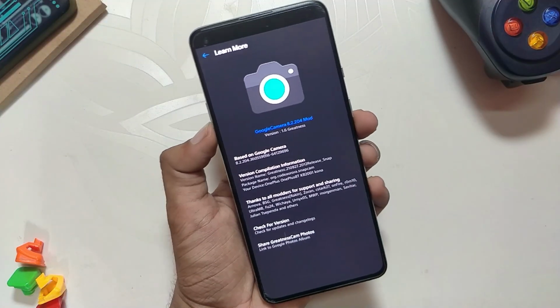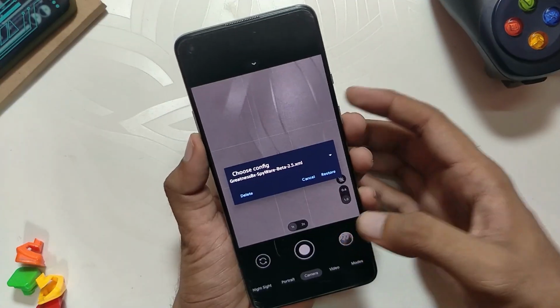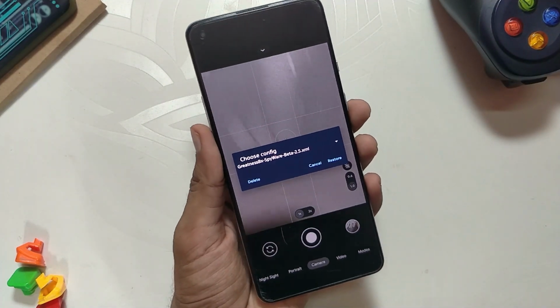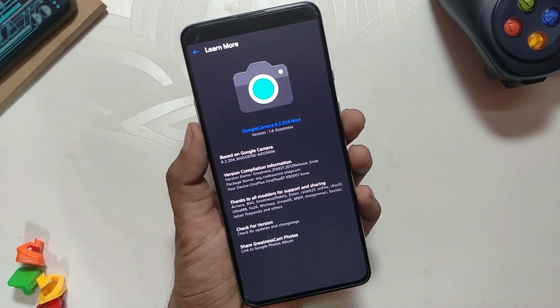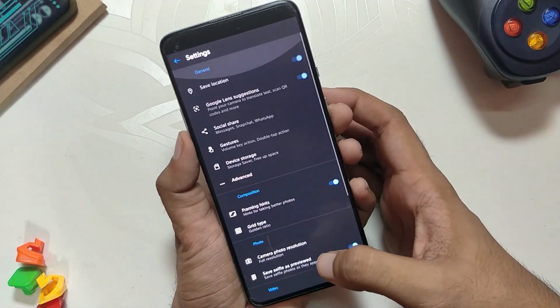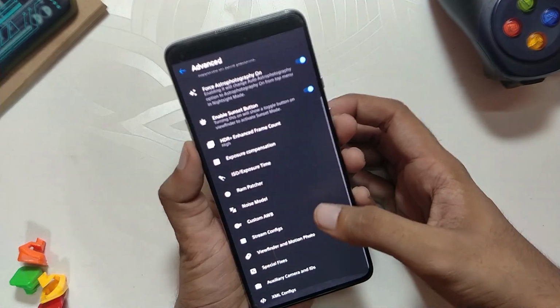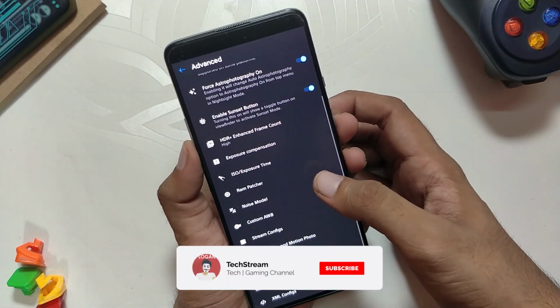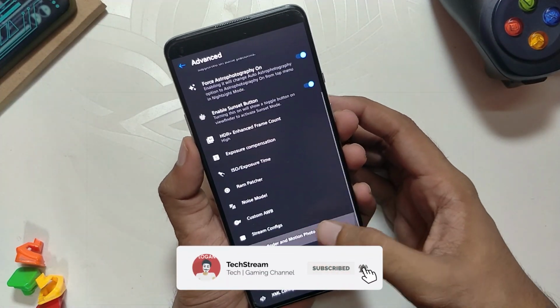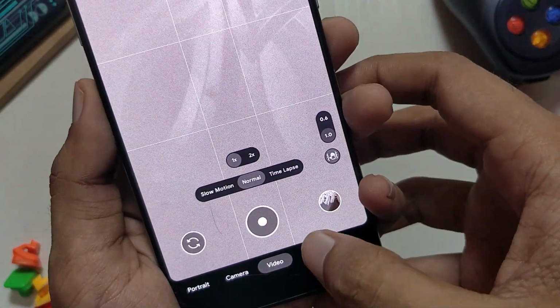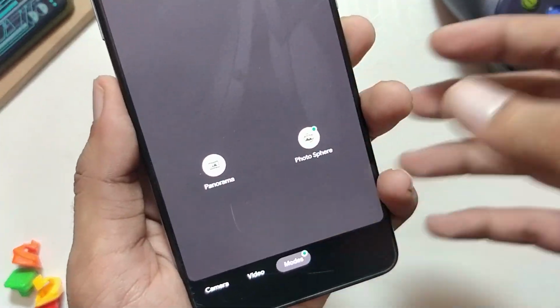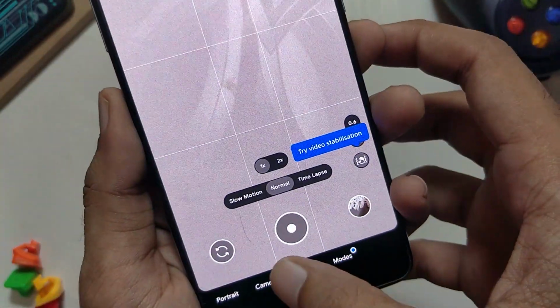So I'm going to use Greatness Gcam 8.1 and the config file we are going to use is by my dear friend Spyware. For the installation part, you can skip to the following timestamp. If we go into the Gcam settings, there are a lot of features available, but I don't recommend you play with these settings as the config file we are going to import later in this video is going to handle it. If we check the modes, then you can see that all the modes are there that we get in OOS Cam or Pixel devices, and all the modes are working flawlessly.